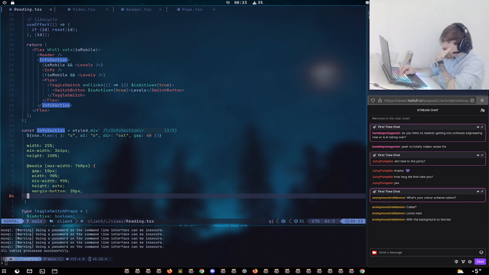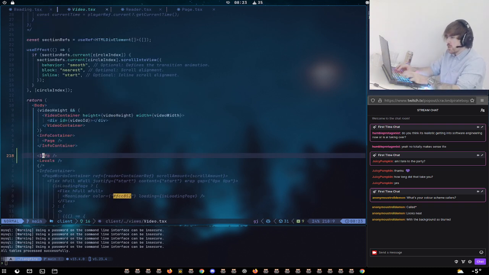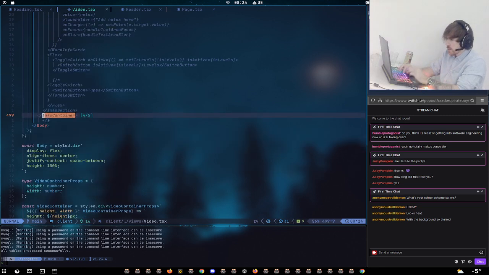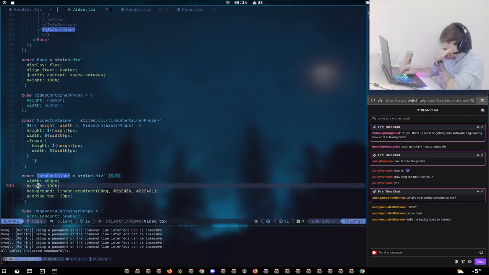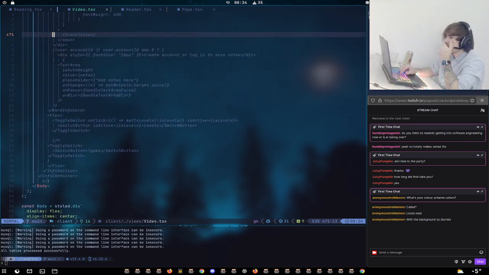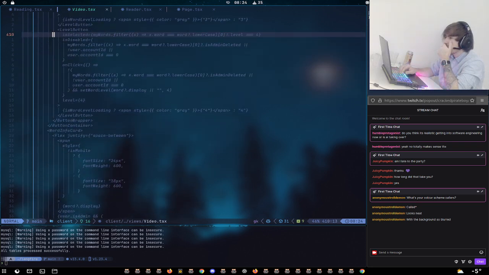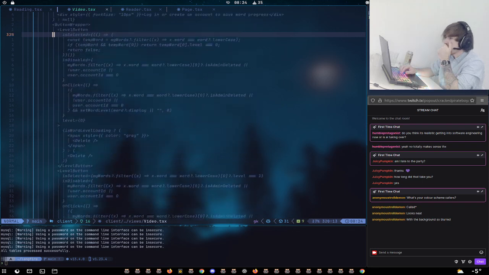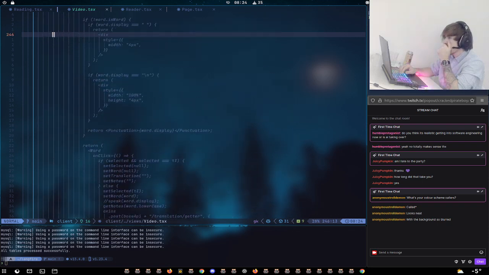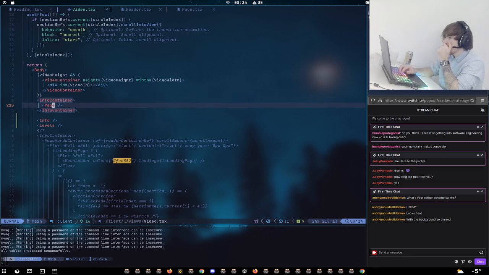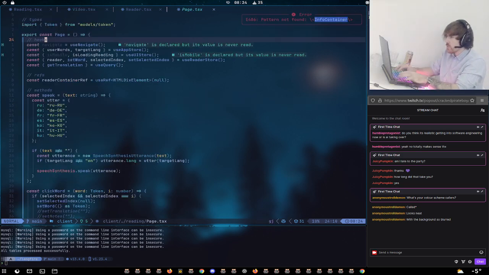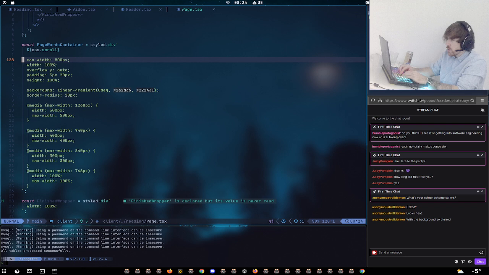Maybe we can use this. We don't know. No, we don't want it to be like that. So what do we have in the info container then? Width, height, 100%. So we could just say it's going to be like a display flex type of thing. What's inside it? The page. Is the page 100%? I should probably delete this, it's just for reference. Is the page 100%? Page words container. Width. What about height? 100%.